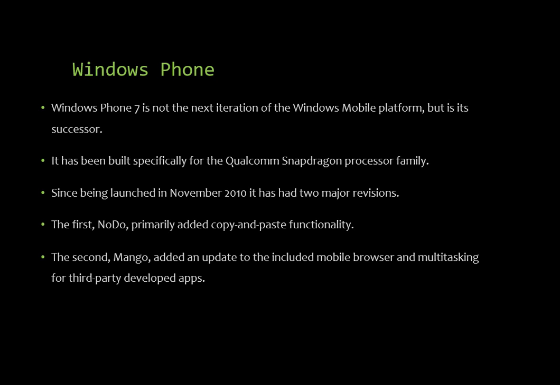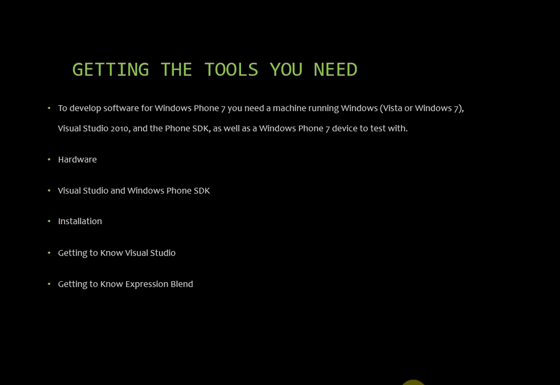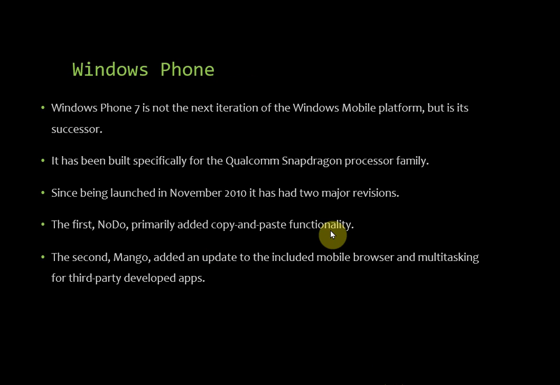All these things we are going to see in this particular chapter. So this is the same module, fifth module only, but in the textbook it is given as a separate chapter. Okay, so Windows 7, this is just a basic introduction part, not for the syllabus, not from the exam point of view, just a basic. Okay, so your syllabus content is from here, that is getting the tools you need. Just the introduction part here.